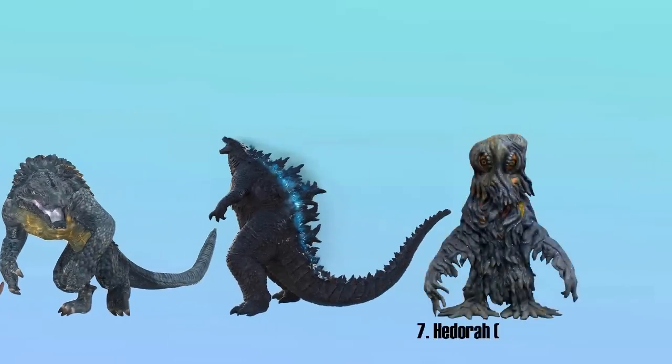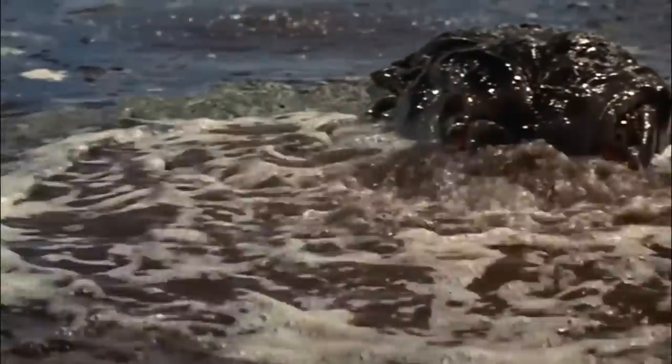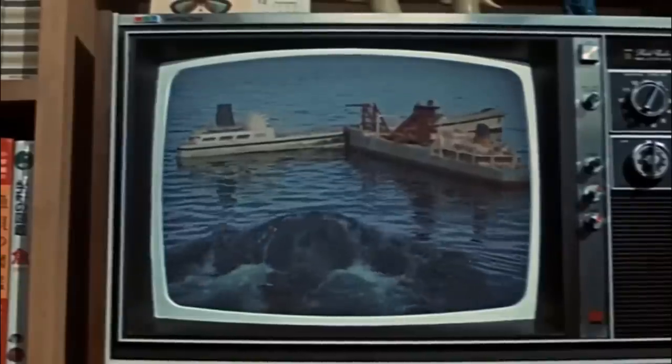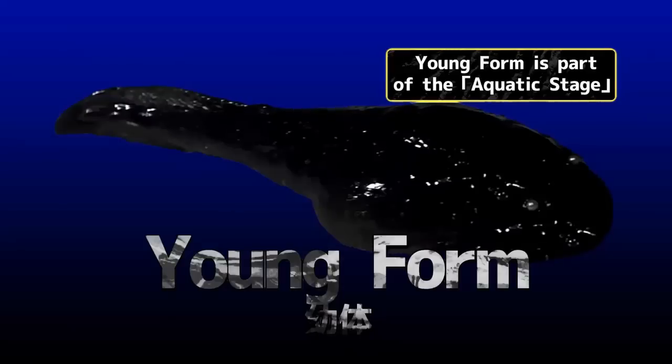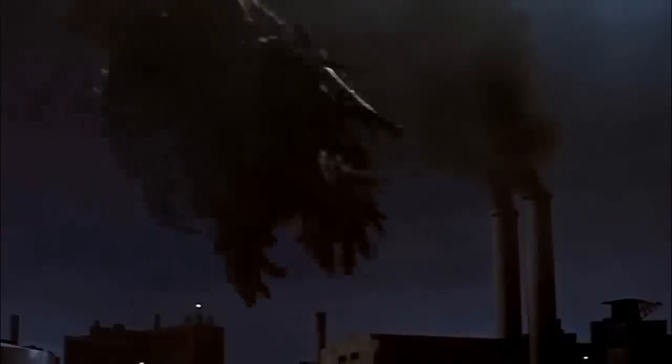Number 7. Hedorah, Millennium, 393 feet. Just as Godzilla was born from anxieties about nuclear war, Hedorah was created as a warning against the dangers of environmental disaster. Beginning as a huge tadpole-like creature, Hedorah transformed into a terrestrial form and came ashore in Japan, where